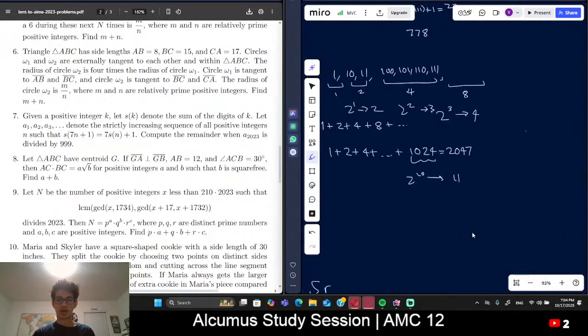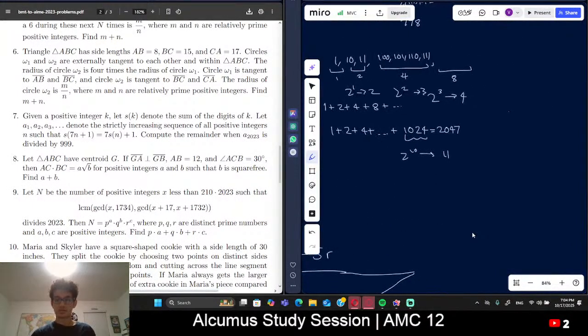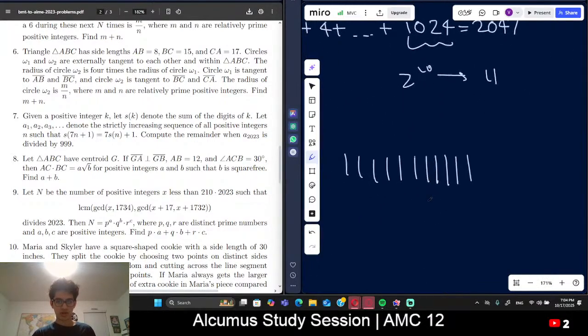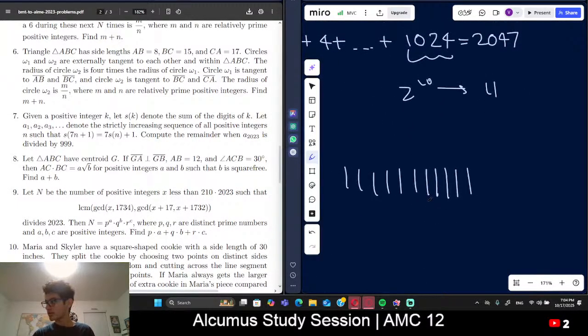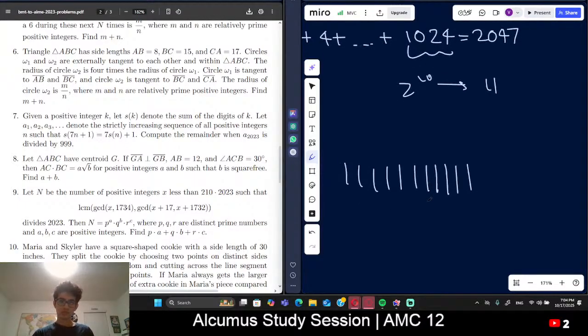How do we rectify that? If we have 11 digits, the very last term that we're going to have is 11111111111. That's 5, 6, 7, 8, 9, 10, 11. Long number. Fortunately for us, this is the same thing as